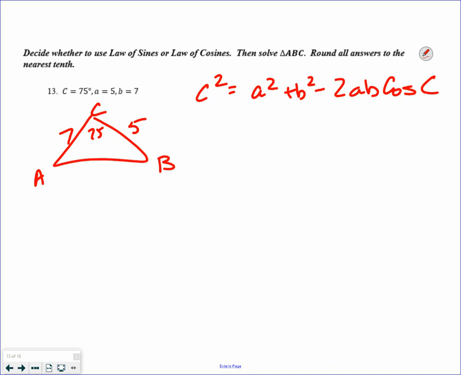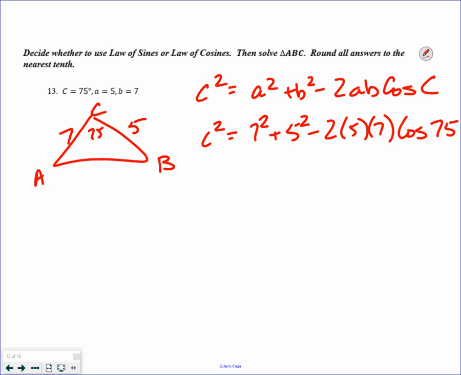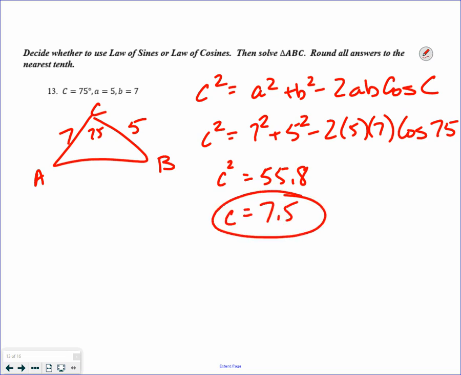So in this particular question, c squared equals 7 squared plus 5 squared minus 2 times 5 times 7 times cosine of 75 degrees. Using a calculator, c squared equals 55.8 and C would equal 7.5. Once you know that side is 7.5, now I can use the law of